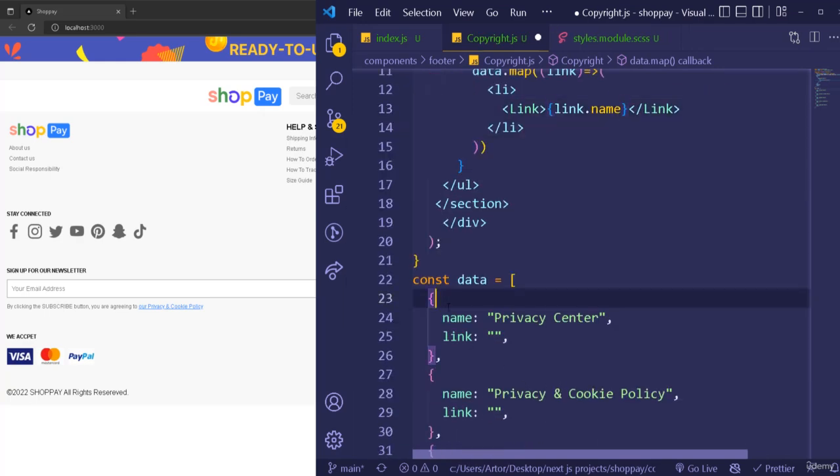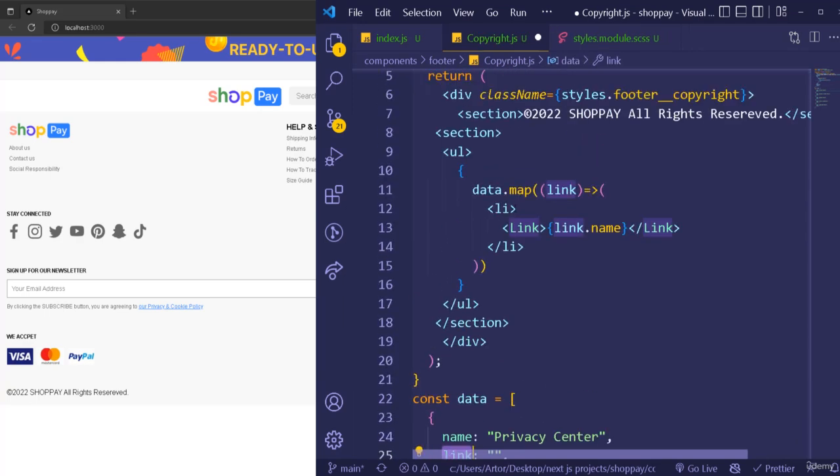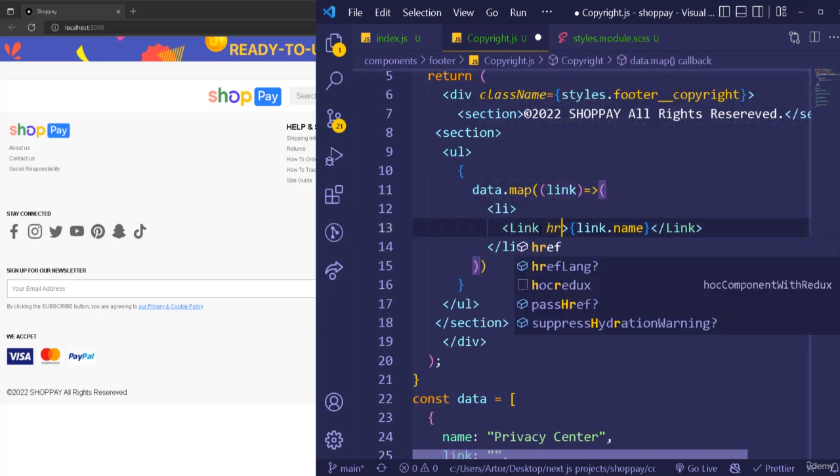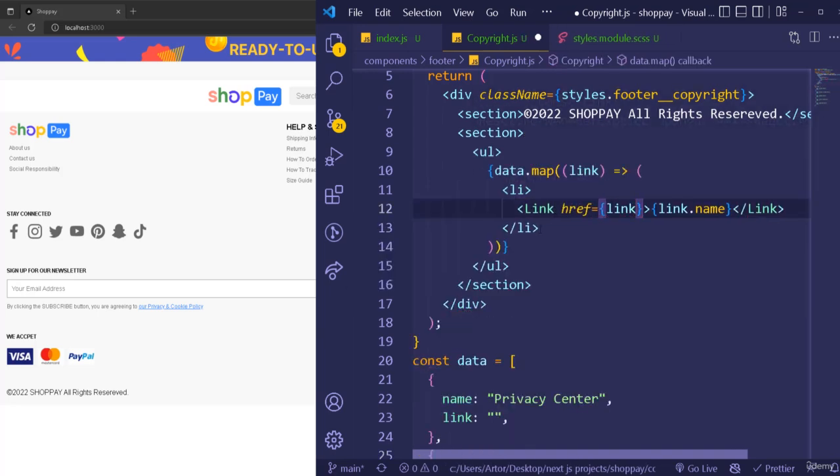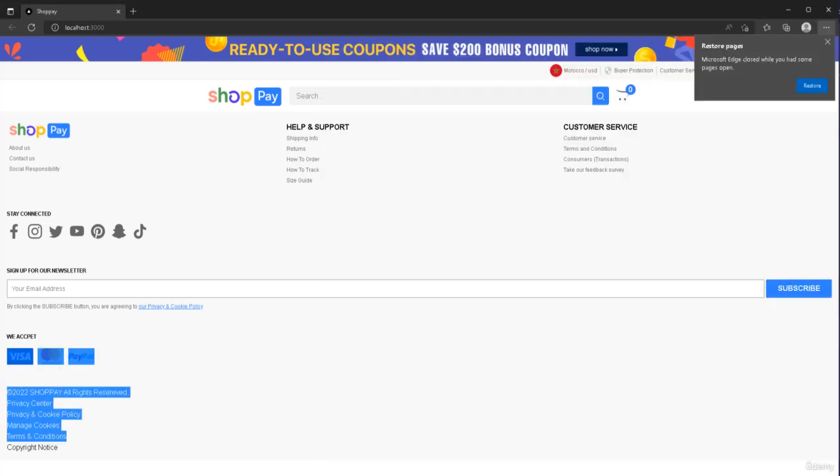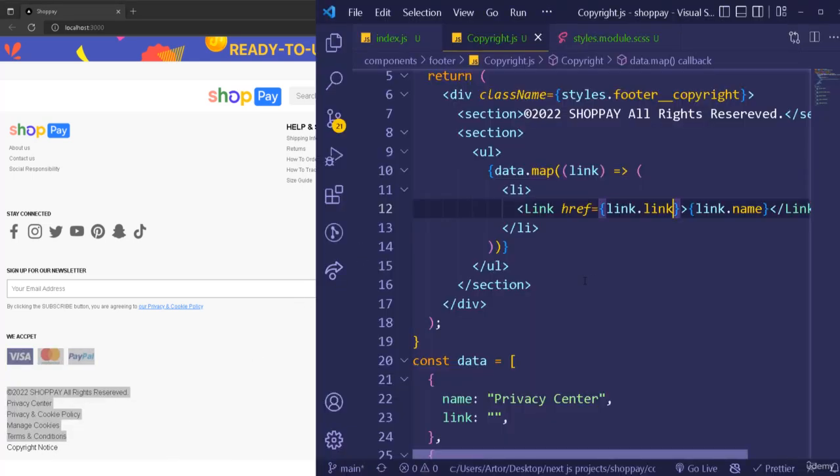So the name, and also you want the link right here to be the href for this one. So href is just simply gonna be link dot link, and you can see them right here. This is pretty simple, React. And then I'm gonna go also maybe after this URL or inside it. Let me just see. Yeah, we're gonna have